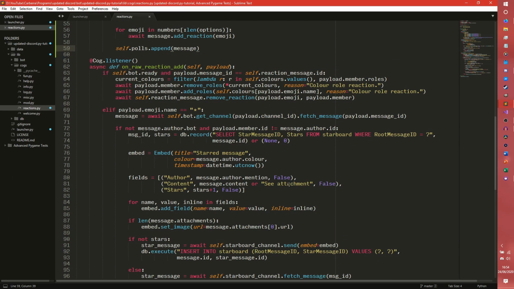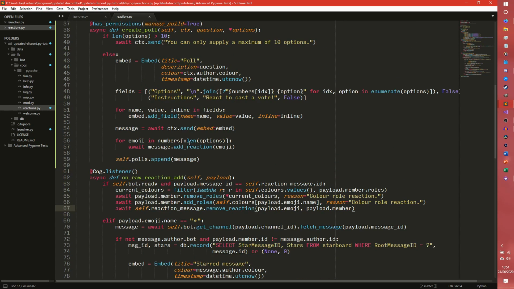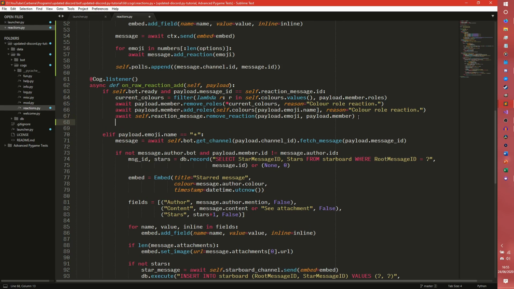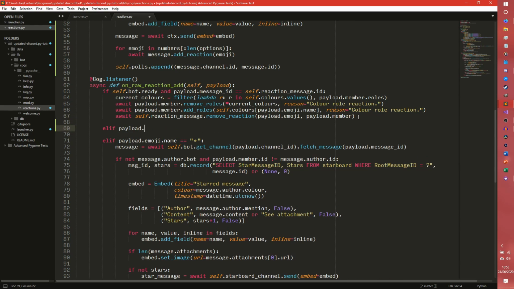So I do have a really botched solution over on the other screen that I'm going to try and optimize somewhat. So what we're going to do instead, we're not going to append by the actual full message. I will also say that I did want to leave that original thing in there just so if people ask, oh, why didn't you do it this way? That's the reason, because this API sucks. So we're just going to do it the way I was originally going to do it, which is append the message channel ID and the message ID, because these are the only two things we need to actually get the message later. So we can then go down here and do an elif payload.message ID in,